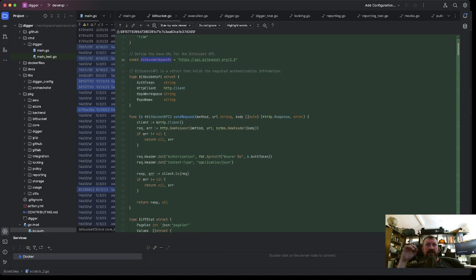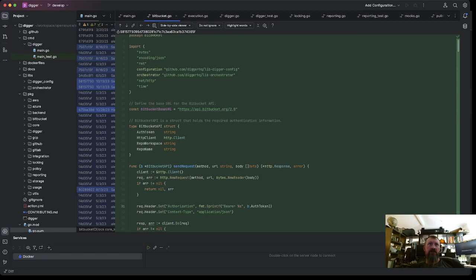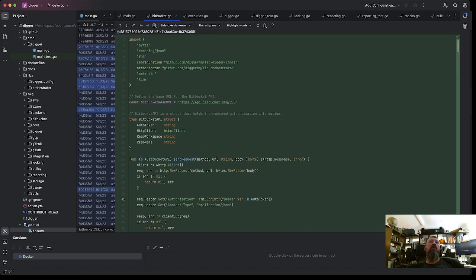So let's see what we got here. I am going to see what these requests are. This is a send request. These are authorization headers. They've got a bearer token. And one thing that comes out is Bitbucket is a hosted solution, so it has a base URL. I don't see any of these built around things, although